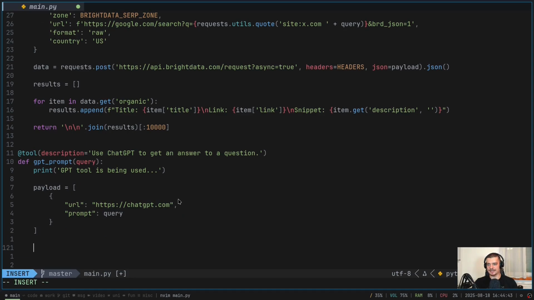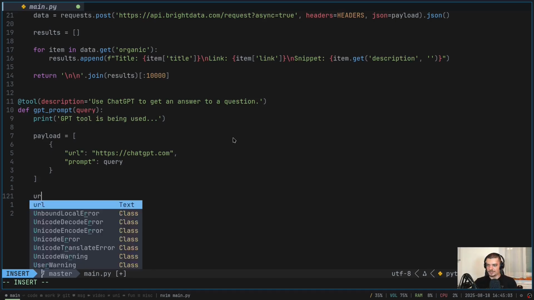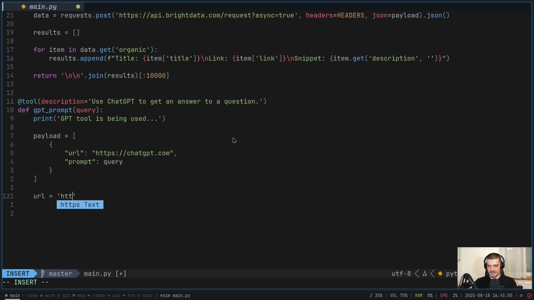That is a payload, and we also post this to a different URL, and it also works in a different way because we're not going to get the answer back, we're going to get an ID, and this ID is going to point to a snapshot. We need to query if the snapshot is ready, and then we need to get the information from the snapshot when it's ready. So the URL here is the following: